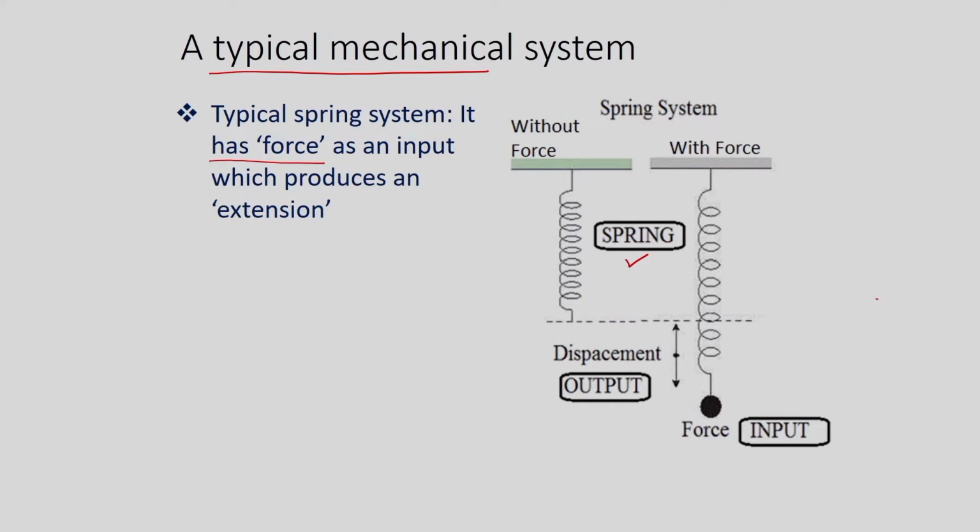When we apply a force at the free end of the spring, its end will get displaced. So the input to the system is a force and the output is the displacement. The spring follows Hooke's law. Hooke's law is a principle of physics that states the force needed to extend or compress a spring by some distance is proportional to that distance itself. This law was given by a British physicist in the 17th century.